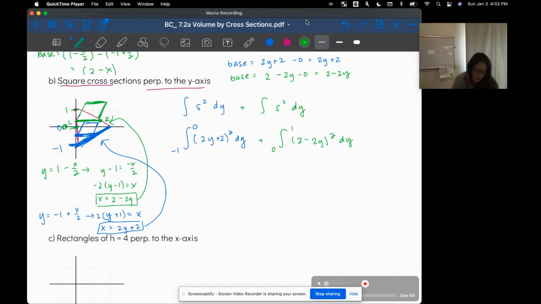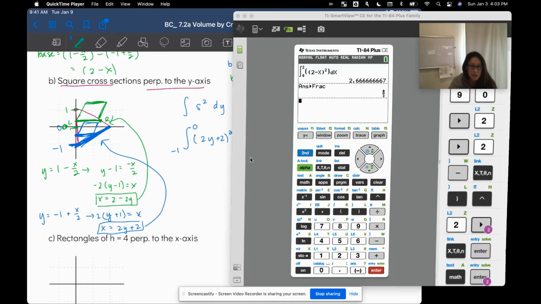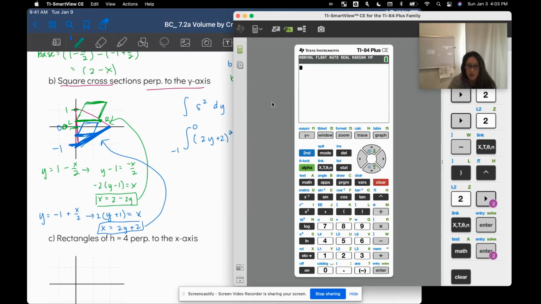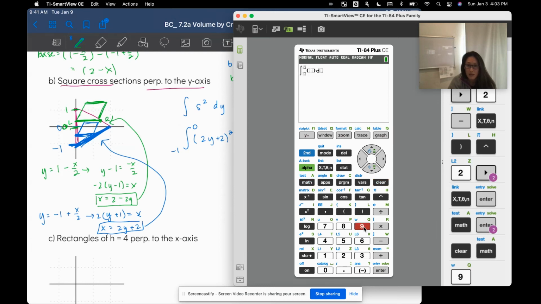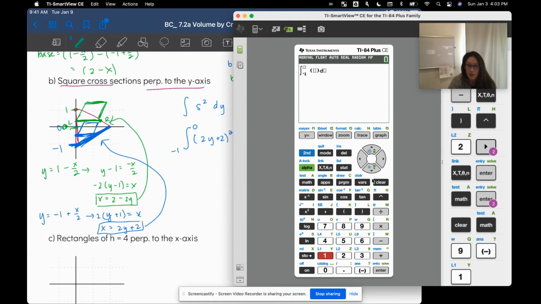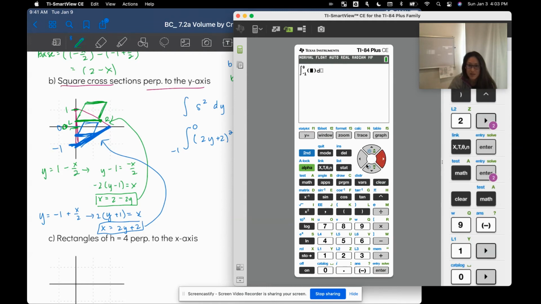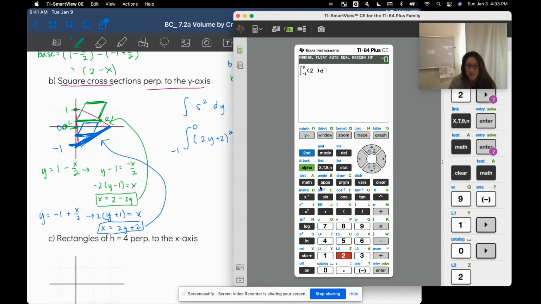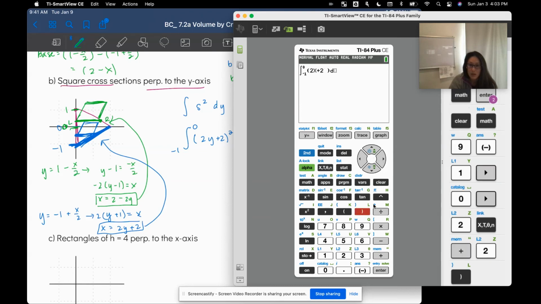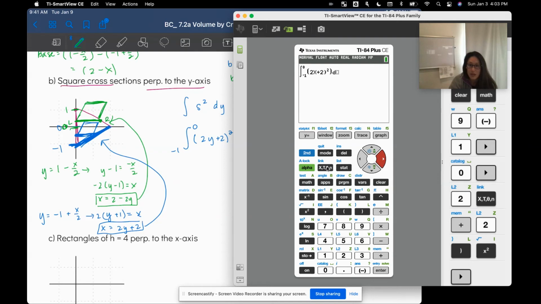Again, I know that you can do this by hand, but I am going to just plug this into my calculator. Okay, so I'm going to do math 9 from -1 to 0. And anytime I'm working in terms of y, I honestly just do this in terms of x, and you'll get the same answer. So 2x plus 2. Close my parentheses and square that value. dx